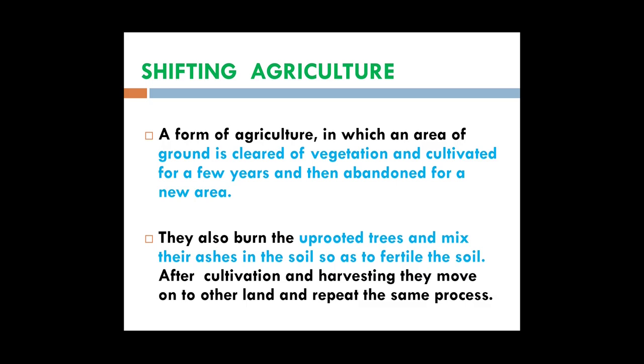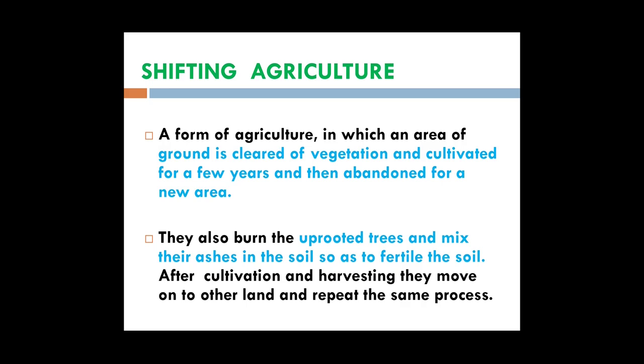Now to learn about this, it is a form of agriculture in which an area of ground is cleared of vegetation and cultivated for a few years and then abandoned for a new area. So this is a very unscientific method of cultivation. In this, a forested area or a tract in a forested land is cleared, it is burned, and then in that area people settle there on a temporary basis and they do agriculture. They grow crops and they stay there for a few years and then they abandon this land and move to a